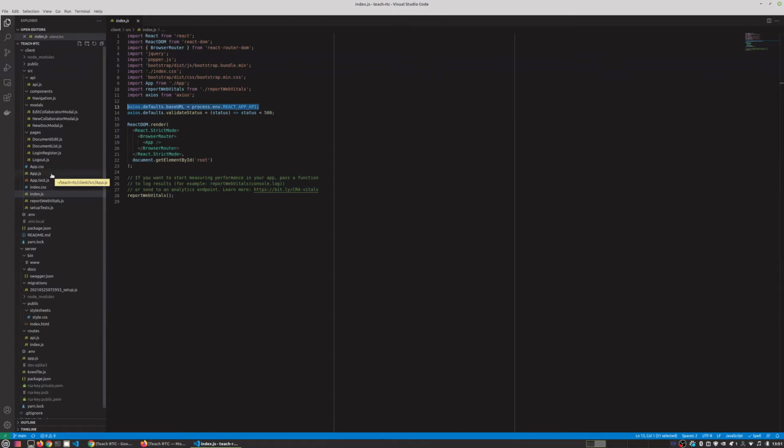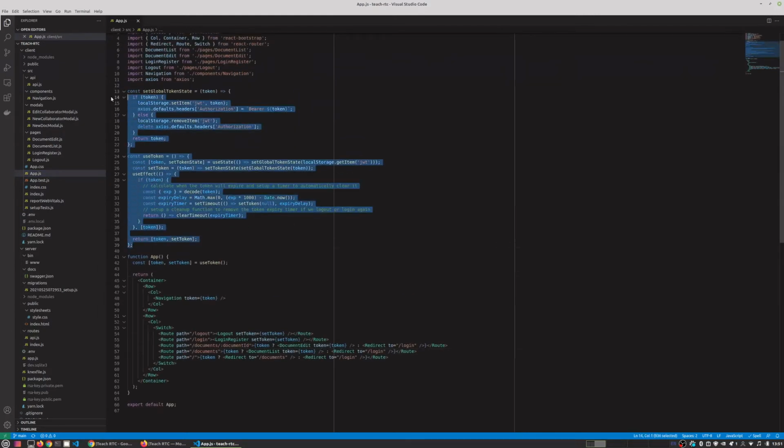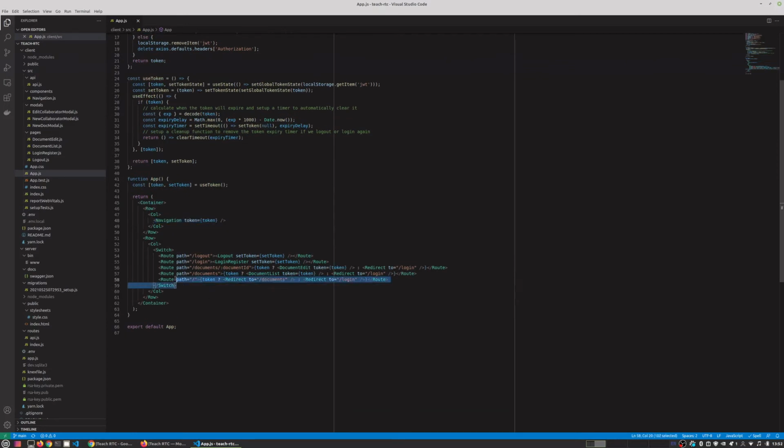The React application itself begins in client/src/app.js. At the top, there is a React hook to manage the JSON web token that represents the login session. When a user is logged in, the JWT will be passed to all requests using Axios. Below, the React component makes use of the hook to access the token. It then renders a navigation bar, followed by a React Router DOM switch, which displays different page components depending on the URL. There are 4 different page components in